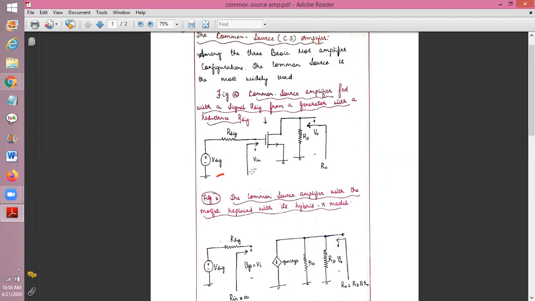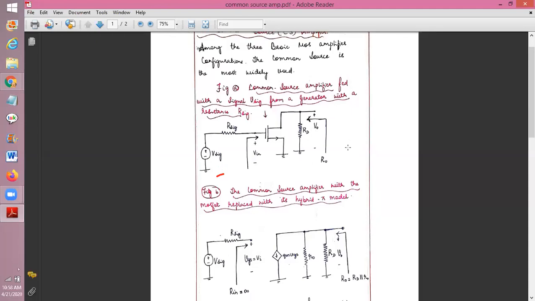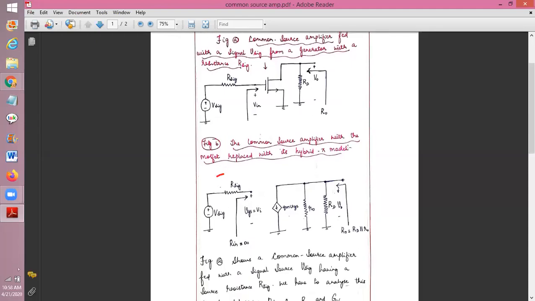So what we have to do? This is the input part of the circuitry, that is why it is V in. This is the output part of the circuitry, that is why it is V naught. If you draw this circuit diagram, they will give 2 marks. Very, very important. How to characterize this?